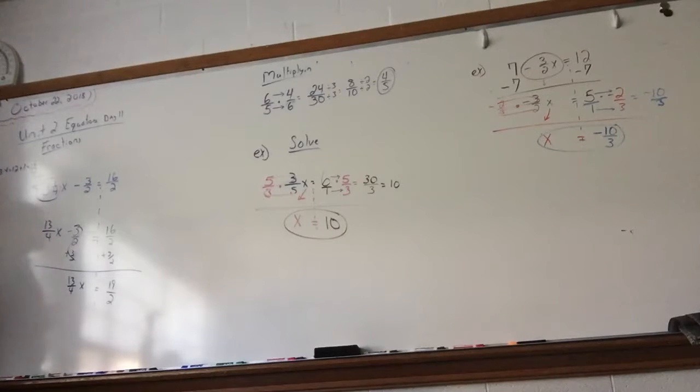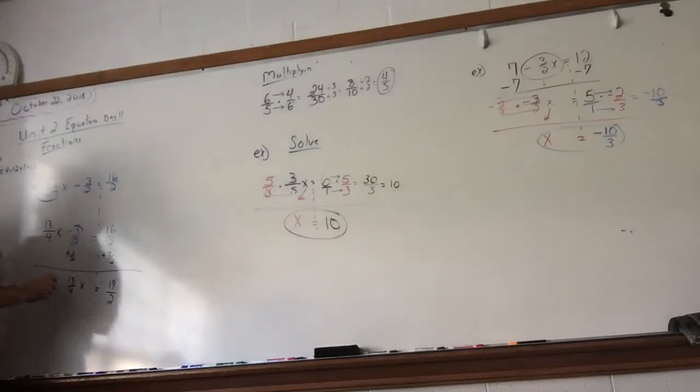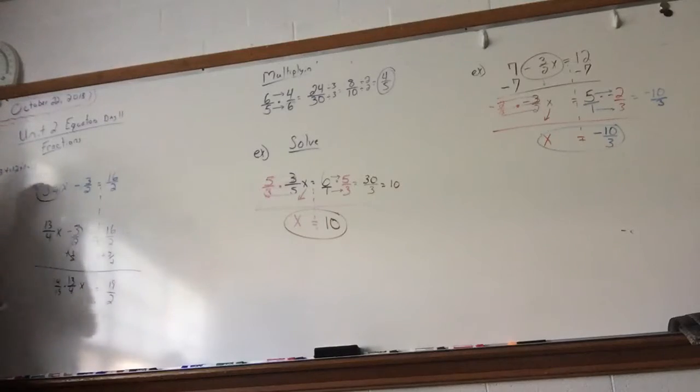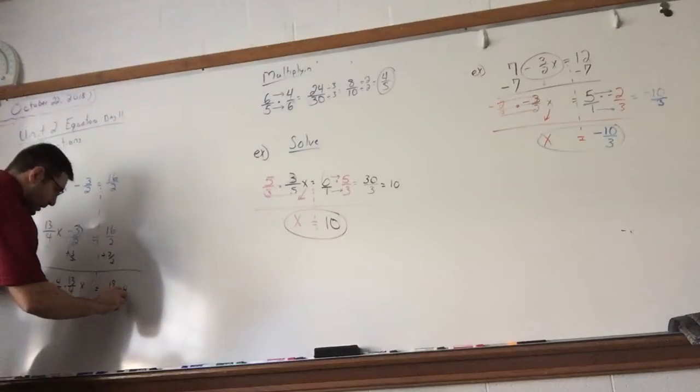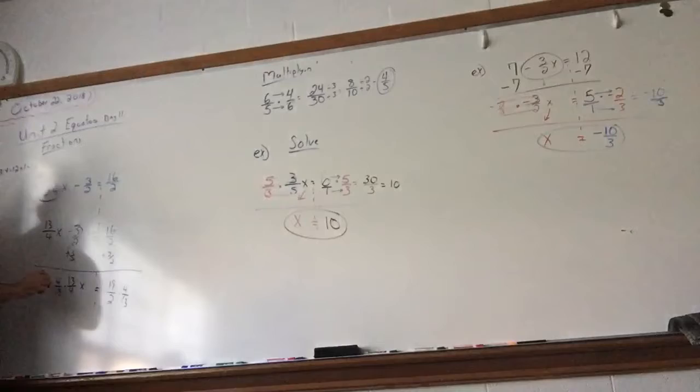What do we do from here? What do we do to get the x by itself? Swill, what do you think? Multiply by what? What's the R word? By the reciprocal. If I've got 13/4, that is 4/13. And yeah, this is going to be a big number. That gives me